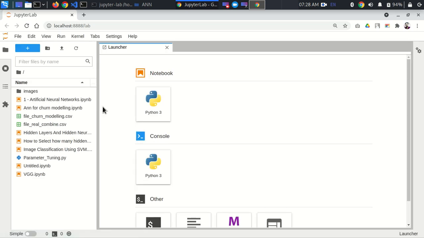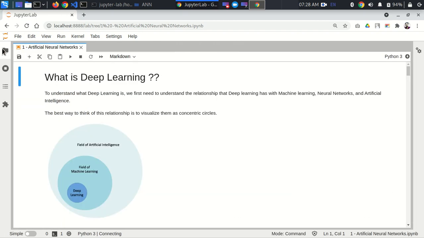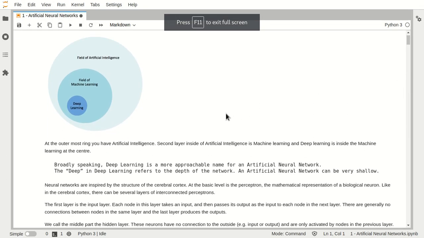Yeah, I think our Jupyter Lab is getting started, and inside this I have to go with this file, so we can open it. Yeah, fine. Now I will go full screen because it will help us.